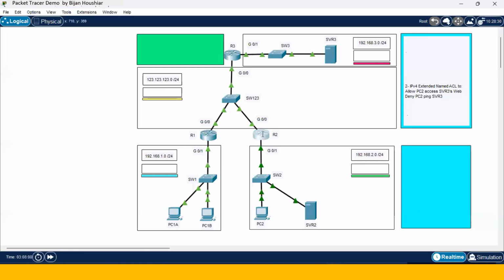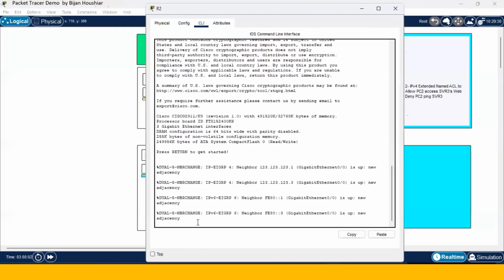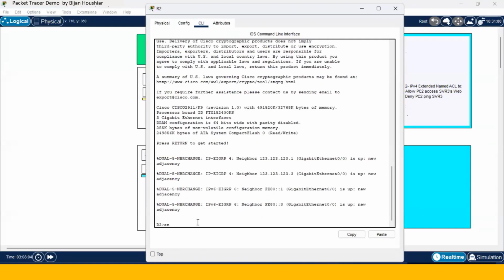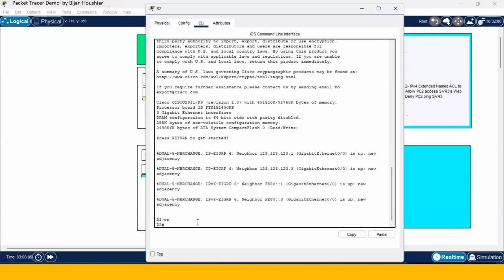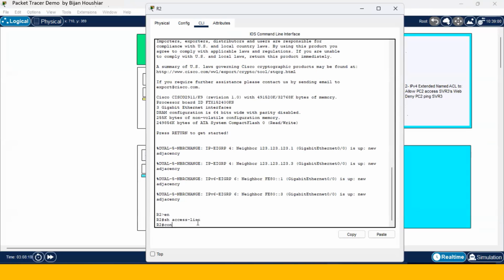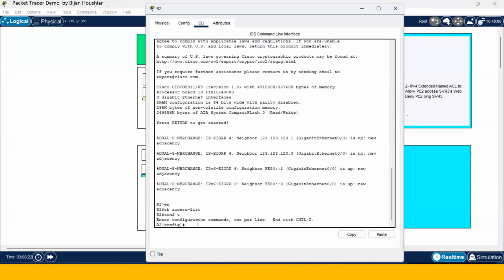We access the command line interface of router 2, enable, and we run show access-list to see if there are any access lists. If there is, we remove it. There is none. We go to global configuration mode of this router, and then we start creating a named IPv4 extended access control list